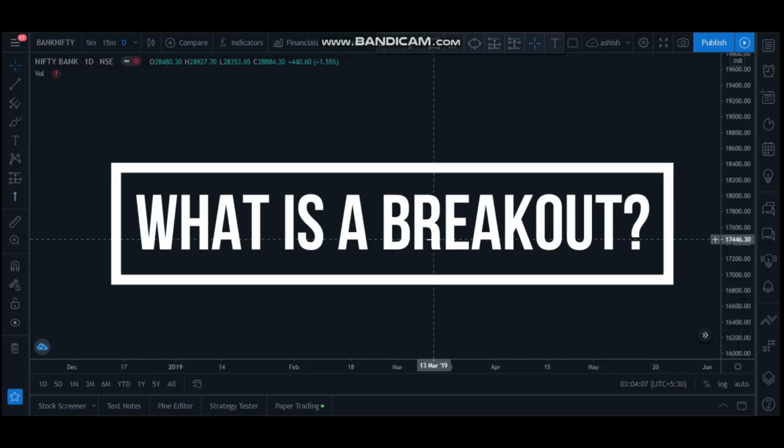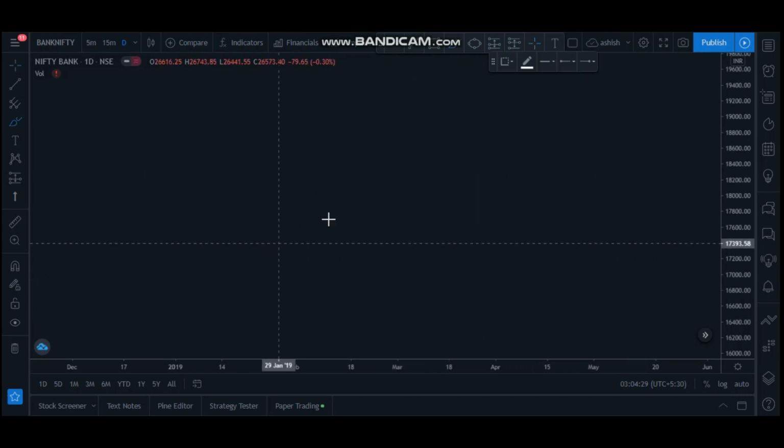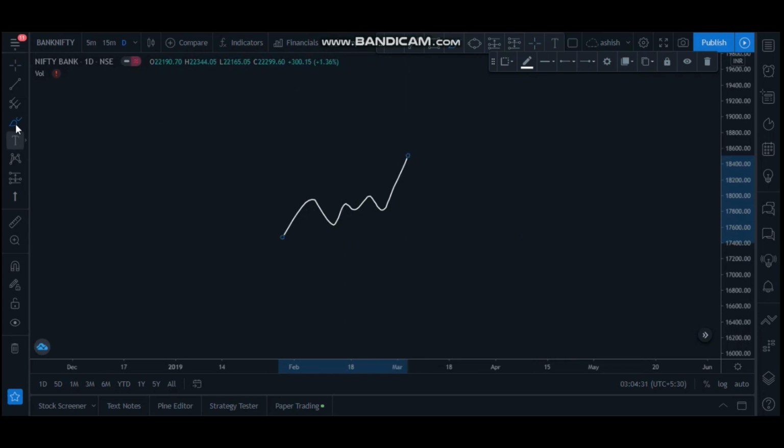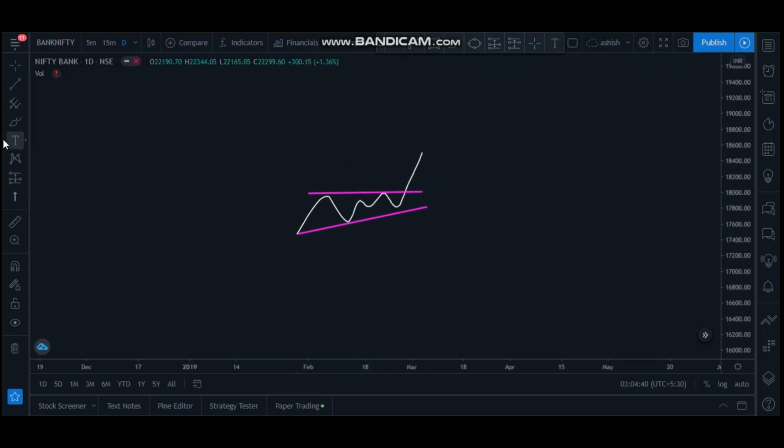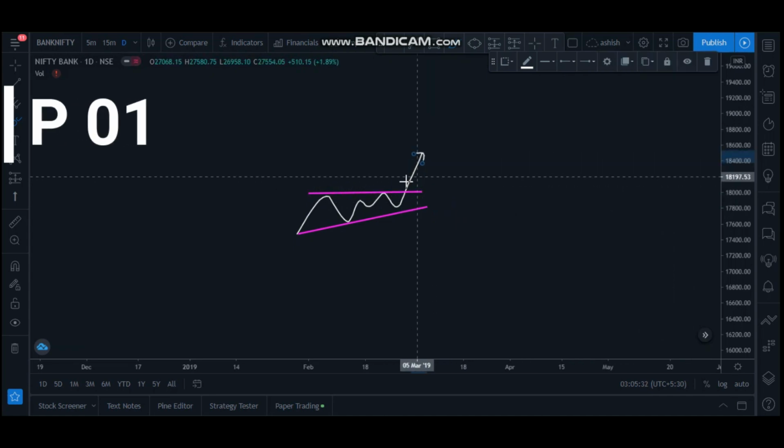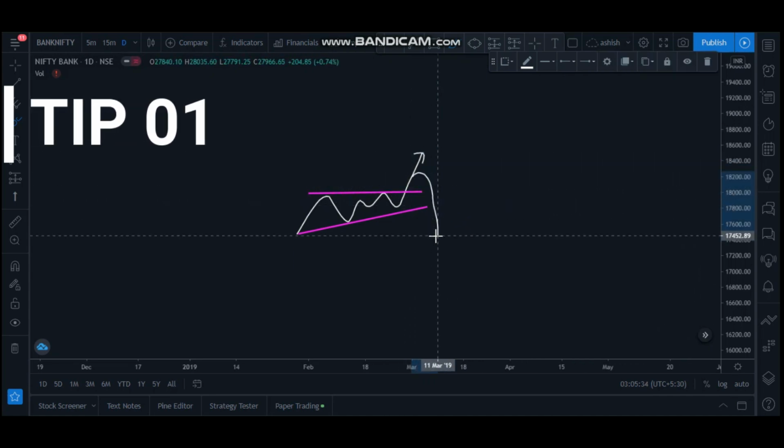Before recognizing a false breakout, let us know what is a breakout. When price moves this way and gives a breakout, you can see here a trend line from the bottom, and it has given a clear breakout. Now, a false breakout is when price doesn't go this high and halfway it returns. That's basically a false breakout because it didn't go in our direction, didn't reach our target, and went exactly reverse.